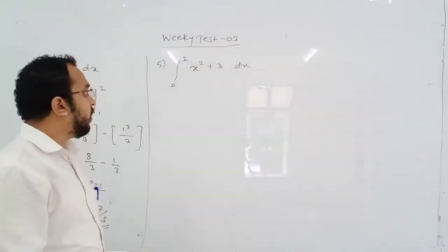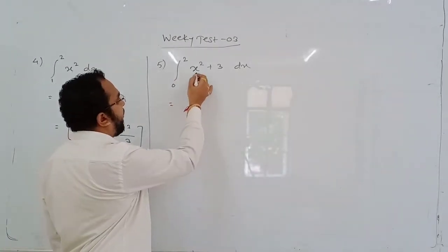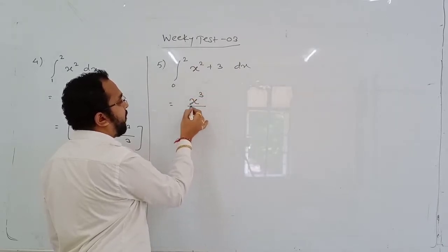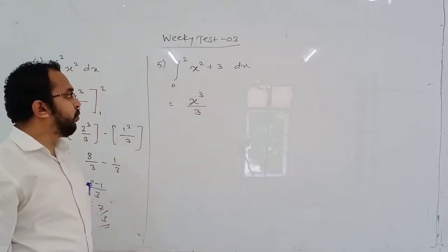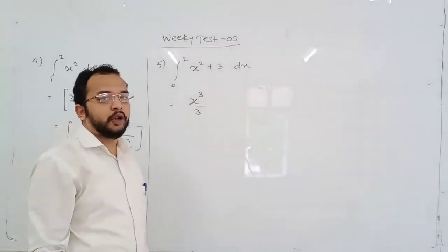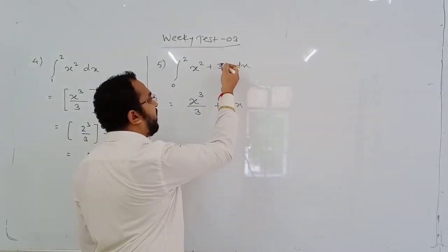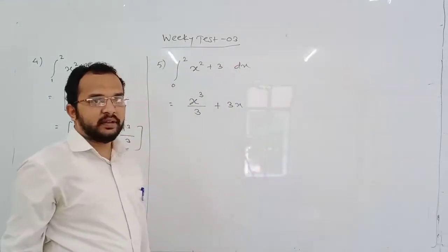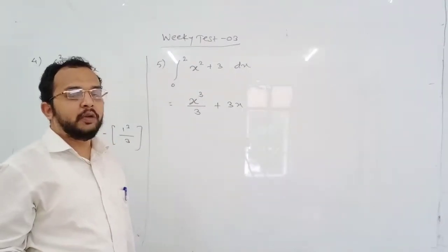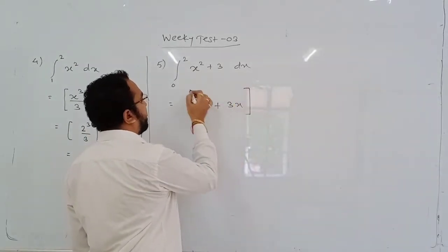Okay. Now see here. Integrate, what will happen? What is the integration of x square? Increase the power by 1 and write the new power in the denominator. It will be x cube by 3, similar to this. What is the integration of 3? It will be 3x. Why? Because the differentiation of 3x is 3, hence integration of 3 is 3x. Like the first question, a. What is the integration of a? It will be x. No need to write plus c because it is definite integration.